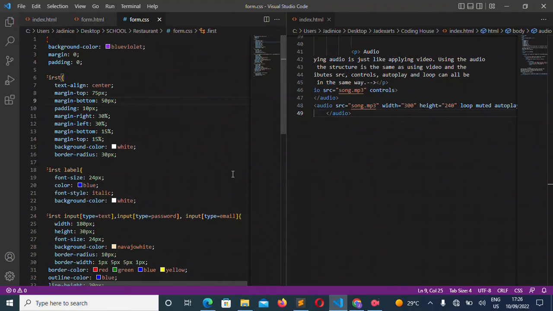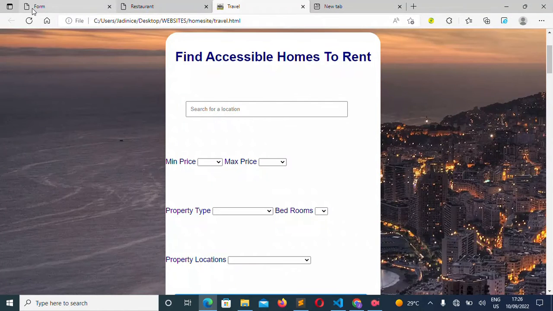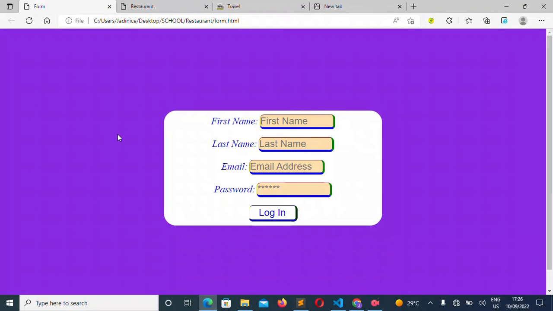Today I'm going to show you how you can use an image as a background for your website. In our last video, you've seen how we can use colors as a background for your website, and now you want to go more advanced, using an image to make it more enhanced, and you've decided to pick an image that you like.